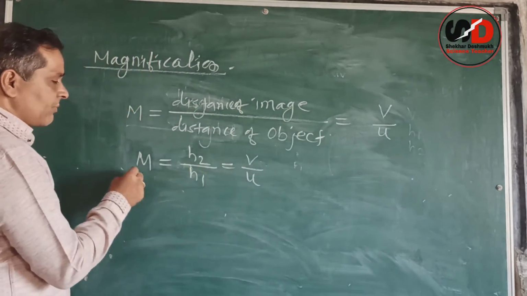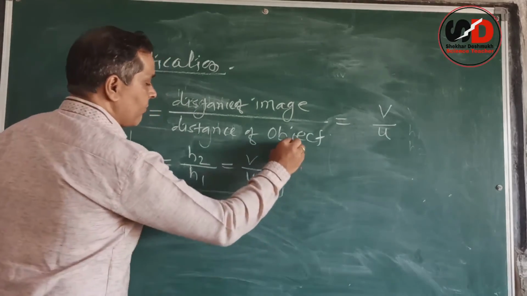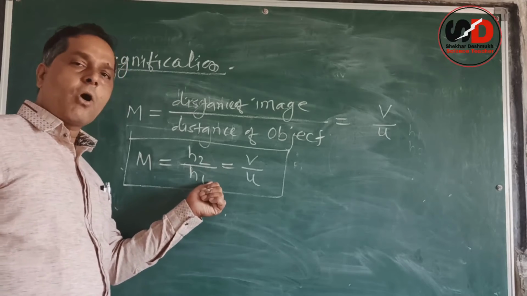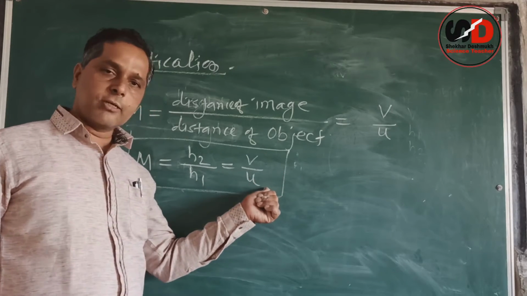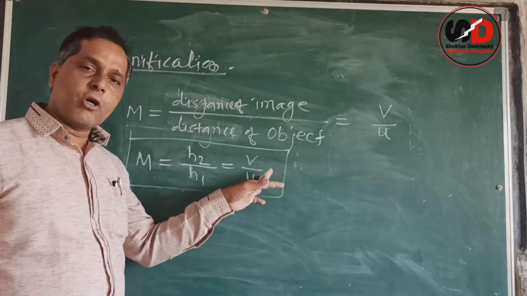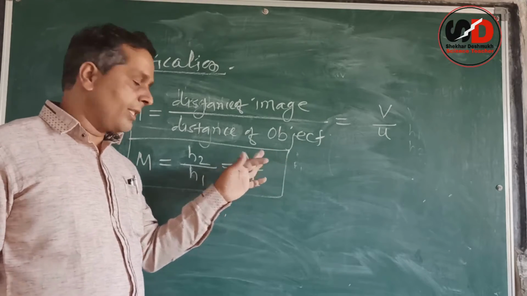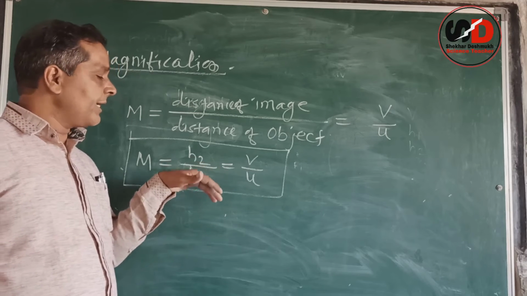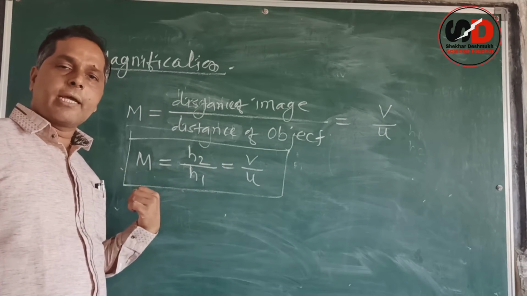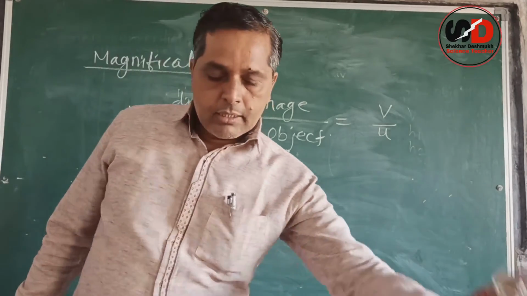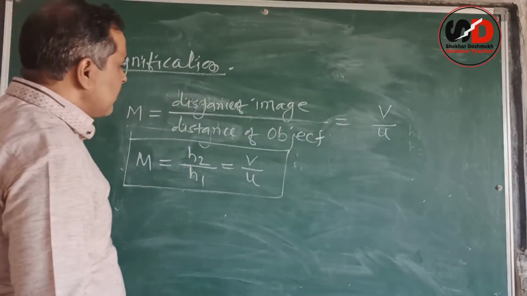So by combining this formula, this is the combined formula: magnification M is equal to H2 upon H1, or is equal to V upon U. If any two things, either the distance of the object and the distance of the image, are given, then we can calculate magnification here. Or if the height of the object and the height of the image are given, then also we can calculate magnification M. Okay, then the next